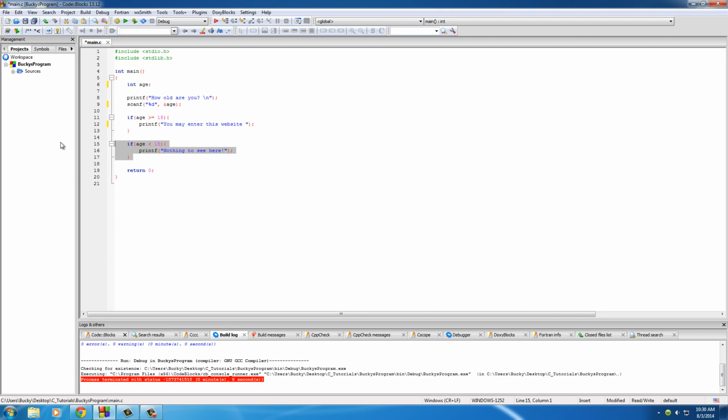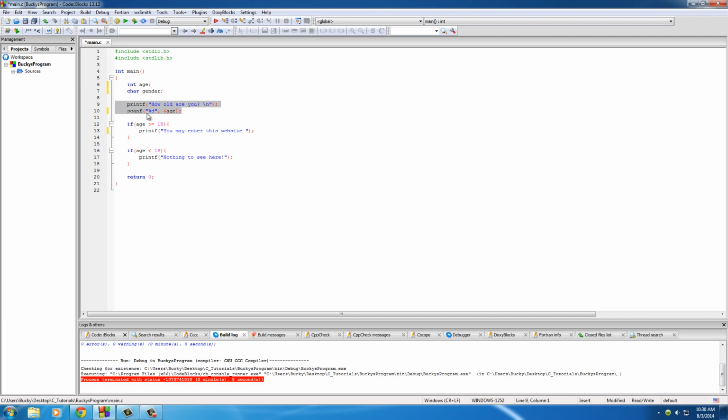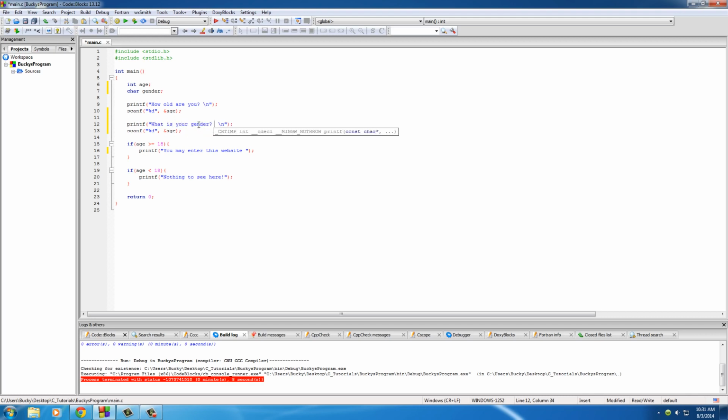But now what I want to do is I want to say this. If they were allowed to enter the website, then let's just go ahead and give them a custom welcome message based on their gender. So of course we need a variable for gender, name it gender, and we also need a place for them to input it. So we'll just copy this and we'll put something like, what is your gender, and make sure to give them options. We'll say M/F